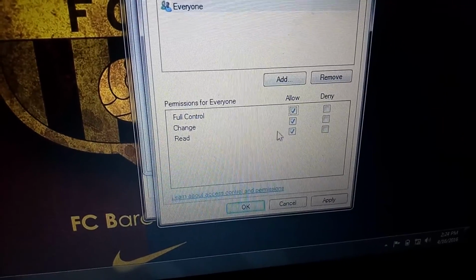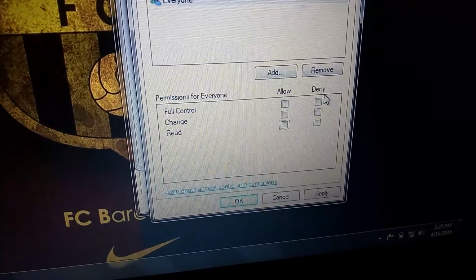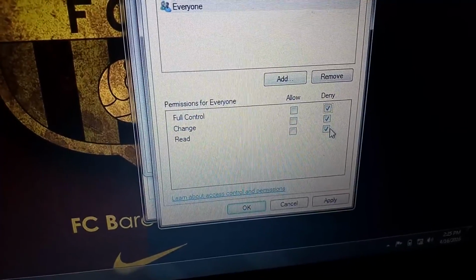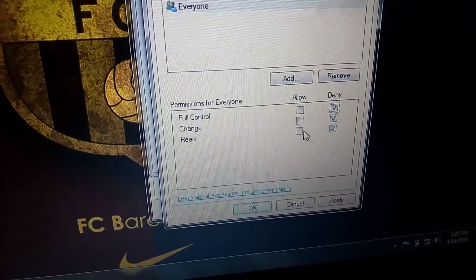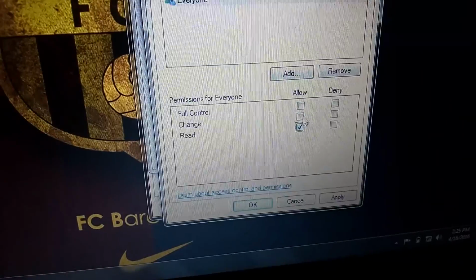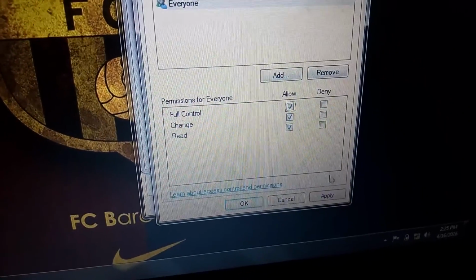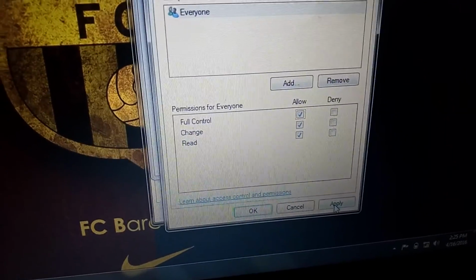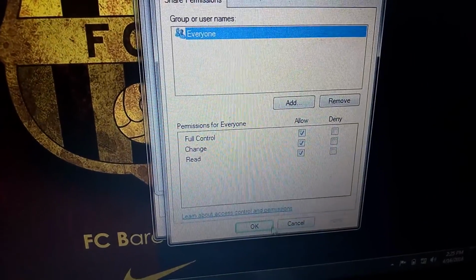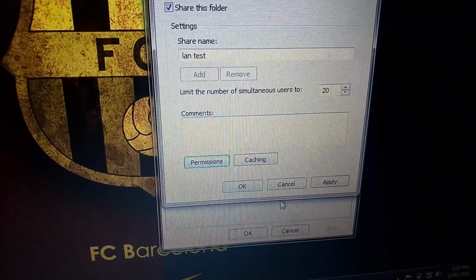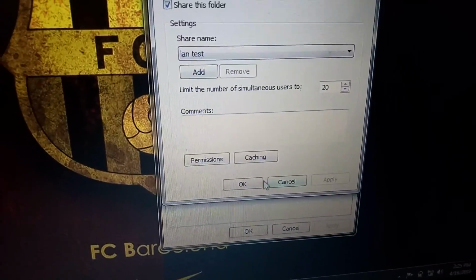If you want to deny full control, you have to deny change and read. That's just the order of things. You're just going to click on apply, full control, apply, click on OK, apply, click on OK,